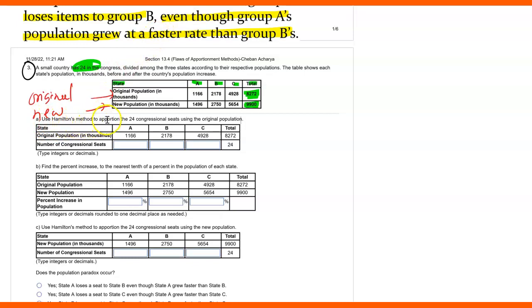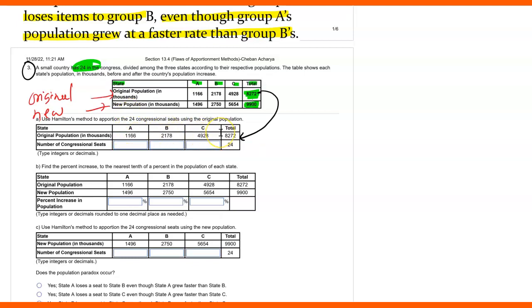Use the Hamilton method to apportion 24 congressional seats using the original population. Now, use the original population, the first one here. Look at that, the first one. Okay? And use the Hamilton method to divide 24 congressional seats among these three groups. Again, I'm not going to do that because you know how to do Hamilton. Therefore, I'm just writing what's the apportionment for